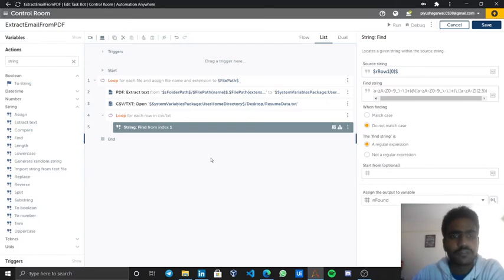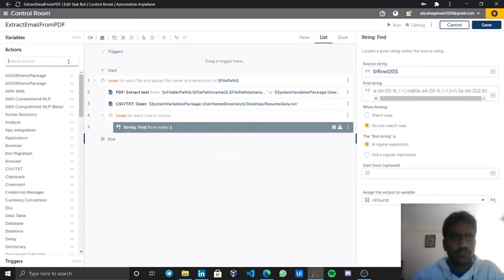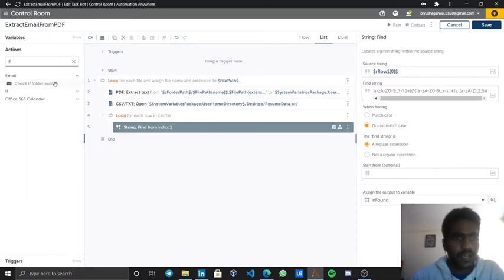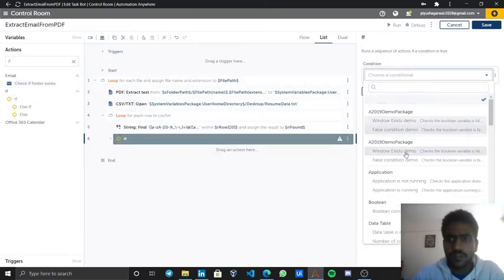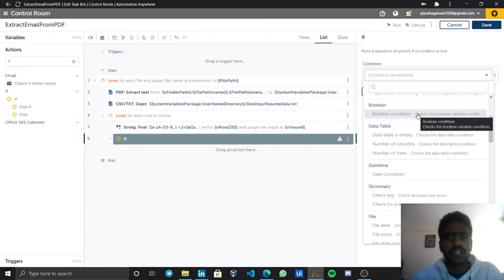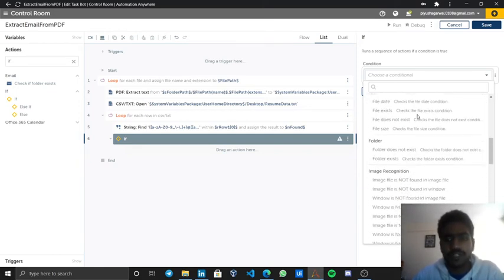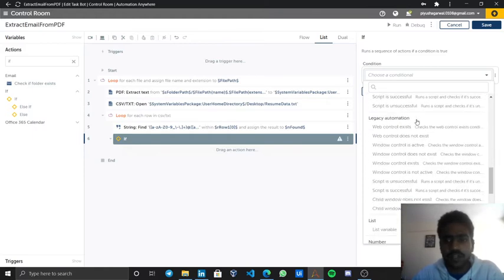If it does not, it will give me a 0 value. So if I have a condition if, then here also there are many if conditions inside this. What I want is to check if my n found is not 0, because that is the state when it has found an email. So that is a number condition.